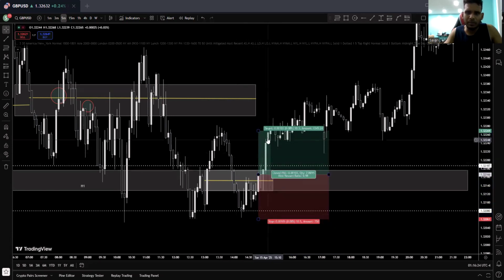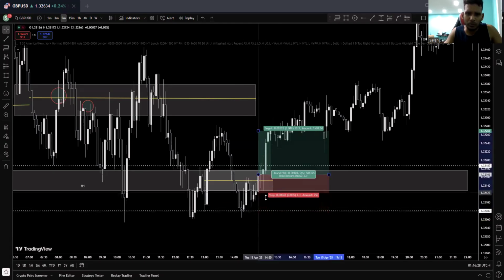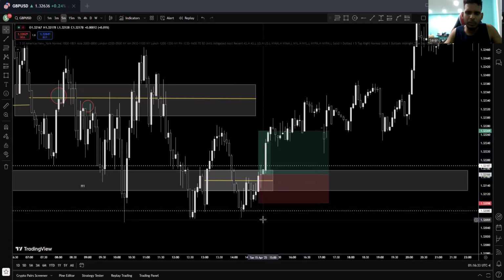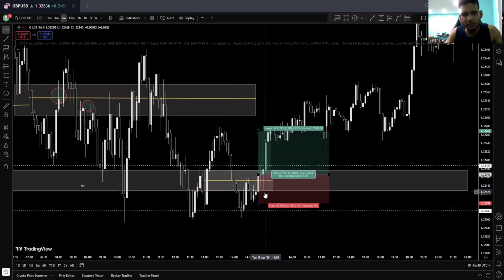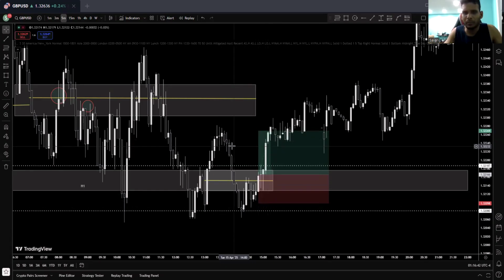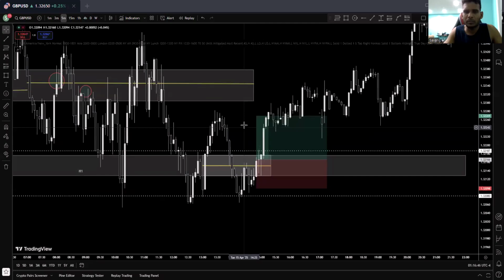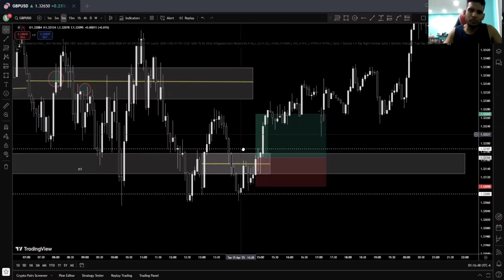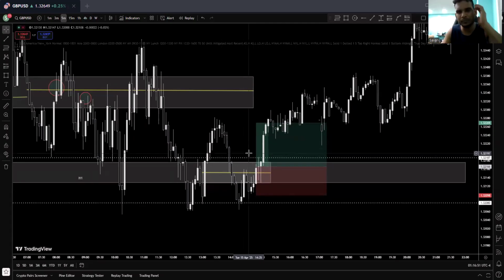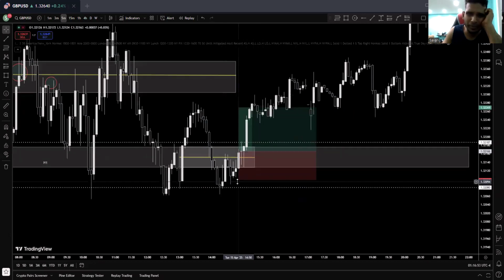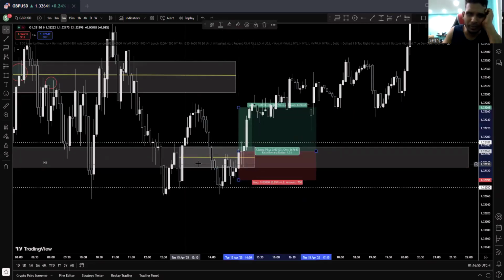As soon as I identify this big displacement, I can move my stop loss to this point. To be honest, why to this point? Low, high, low, give structure shift, retest, displace, big displacement, and displace all through all those fair value gaps. So according to me, I don't need to get panic at all. I can confidently keep my stop loss at this point because this fair value gap